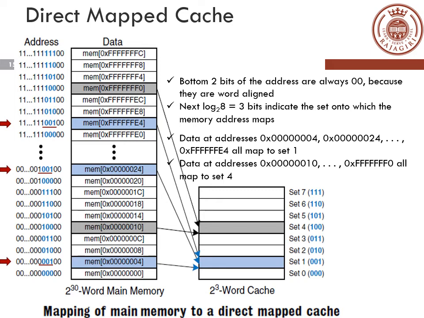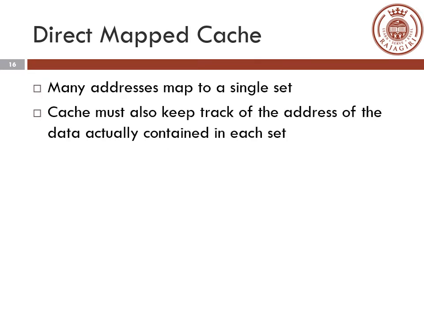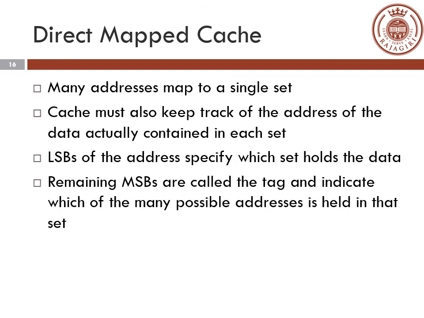So you have a cache of size 8 words, and for each set, you can see from the main memory what are the possible blocks or words that can be moved to the cache based on the particular 3-bit set. So many addresses map to a single set. Since the size of the cache is limited, there are many possibilities, and we have seen those possibilities based on the 3-bit address. So in this case you can say that many addresses map to a single set.